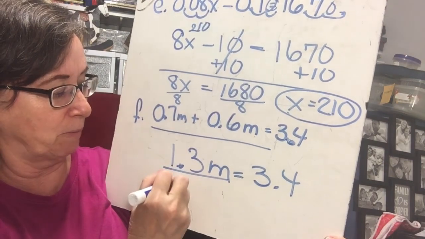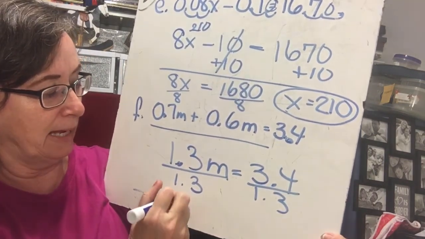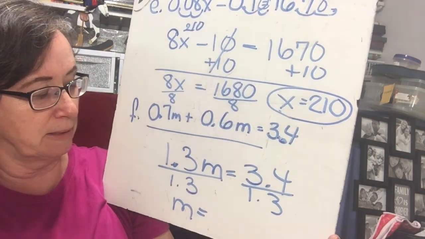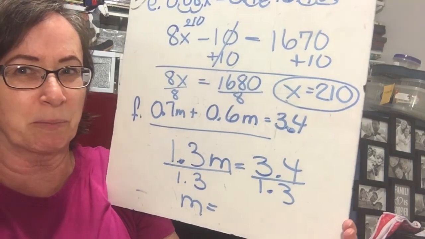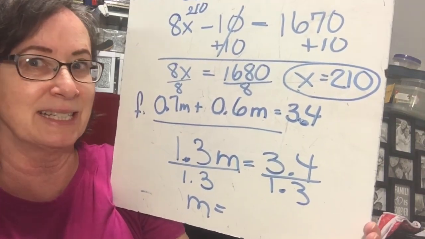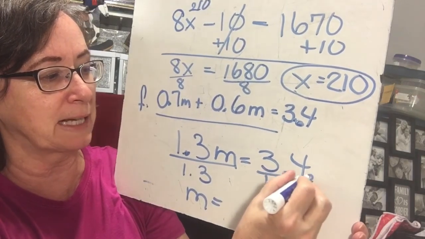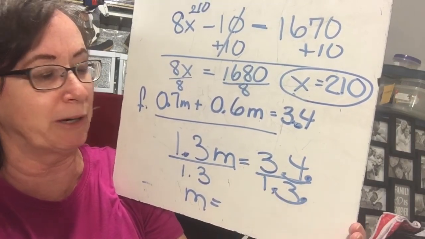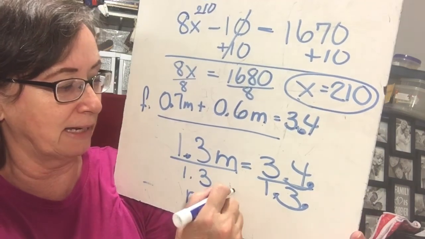So divide by 1.3 and divide by 1.3. And m equals, now 3.4 divided by 1.3, that would not be a proper form to leave this in. I have a decimal within a fraction. So I'm going to move the decimal 1 place, multiply the numerator and the denominator by 10, and I get